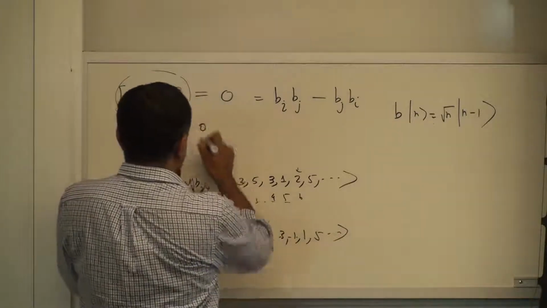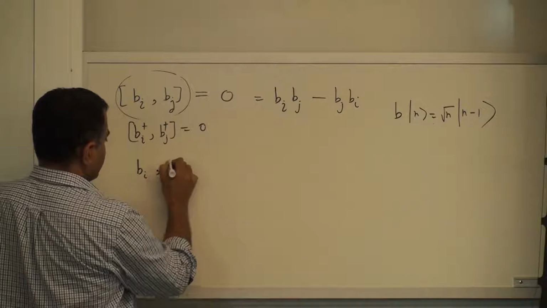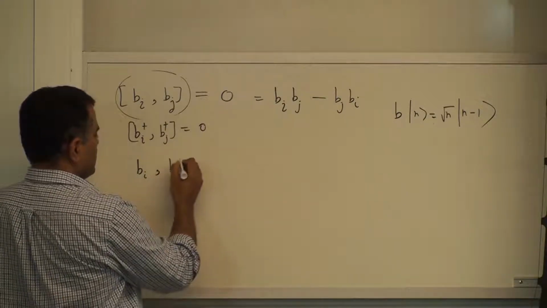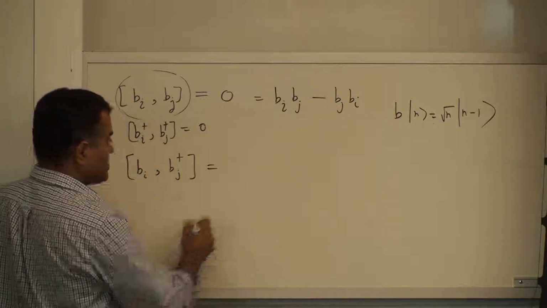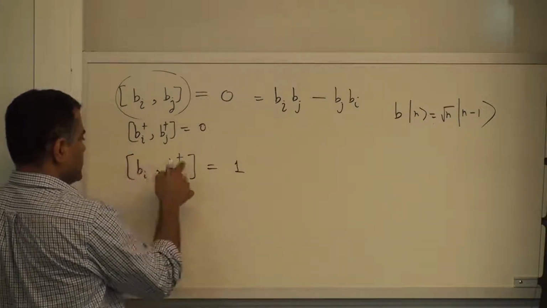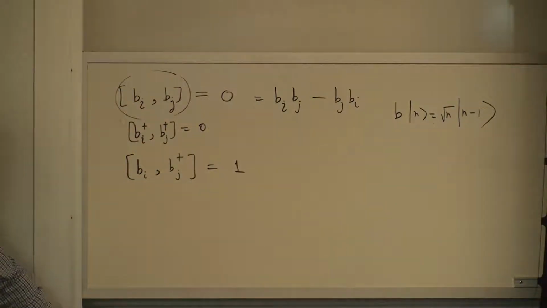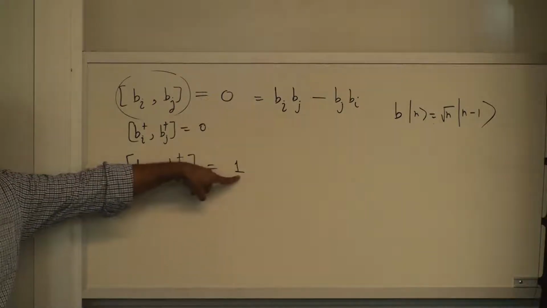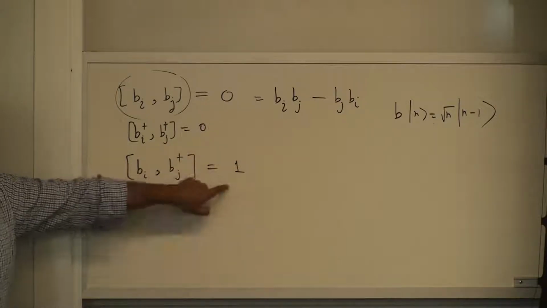Okay. And the third relation here is [b_i, b_j†]. The only time when the commutator is non-zero is when you create and annihilate. So if you take annihilation first and creation later, they don't commute, and the remainder is 1. This is the quantum condition. If you make the right hand side 0, you get classical physics again, classical thermodynamics of bosons and all that. This one maintains quantum,